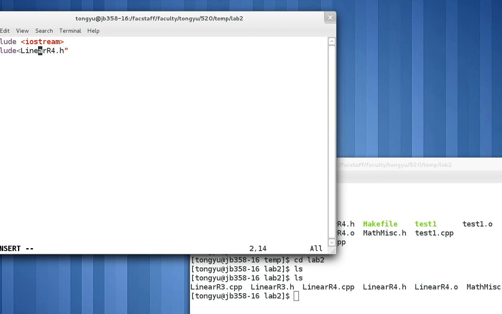This should be in double quotes. Let me save it, and using namespace std, the main function, return 0, and I suppose we just output a message, hello CSE 520.